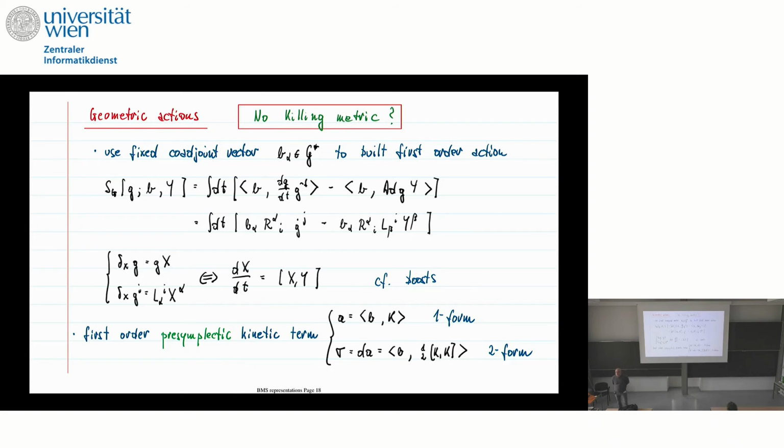Exactly. So B is a fixed coadjoint vector that you put. This is a Hamiltonian that you can put on your system and that you usually put. If you would do the path integral quantization of this model, it would give you the character associated to y. So that's the relation to group theory, because then you have the exponential of the trace of this Lie algebra element. And so that's why we are putting this kind of Hamiltonian. It's the easiest Hamiltonian that you can put that does not break the global symmetries that you want.